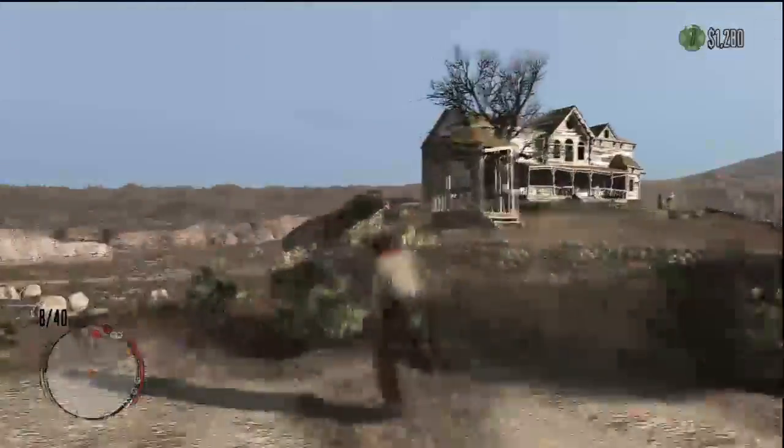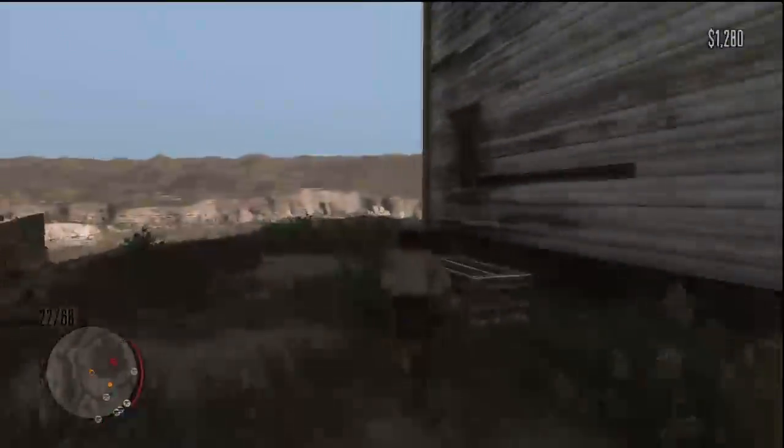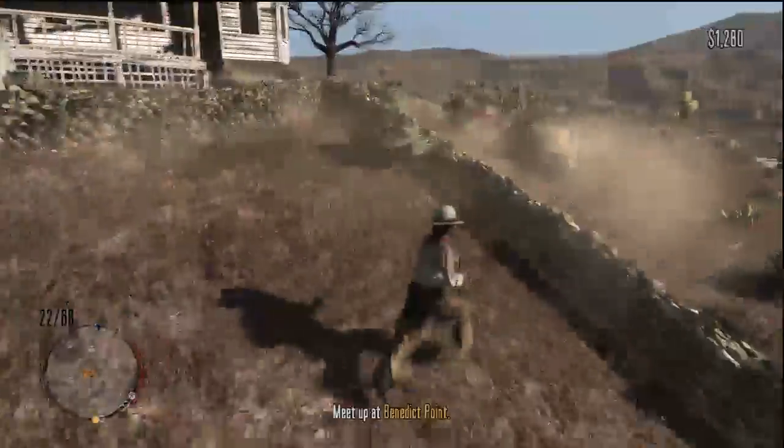It's fairly easy. Just hop from cover to cover once your teammate's taken out the turrets. And there's one guy in the front of the house, which my teammate bravely goes and kills. You can always sneak around the back if you're desperate. But then you're tasked with riding back to the place where you just came from,